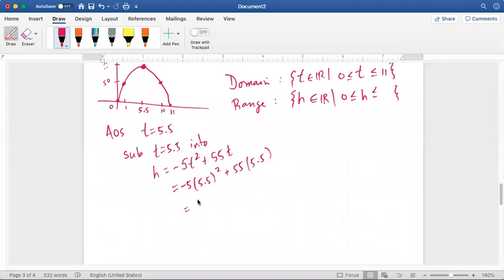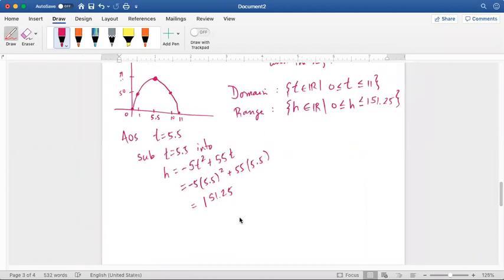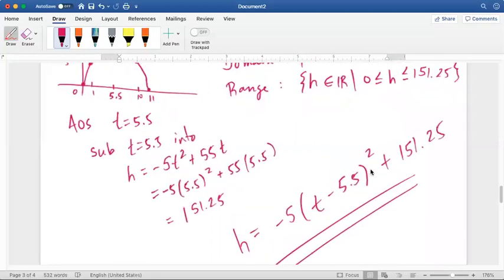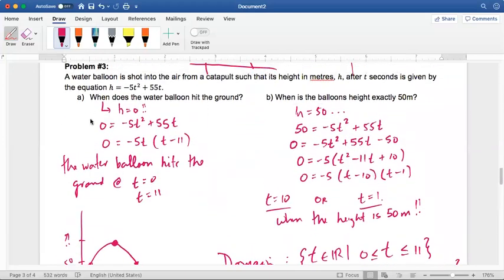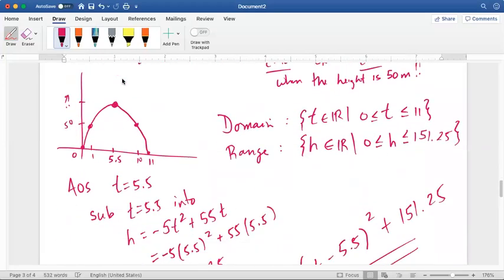When you pop that on your calculator, you should get 151.25. So we'll just slide that in there, 151.25. And just so you see how everything fits in, I now know that h is equal to negative 5 (t minus 5.5) all squared plus 151.25. Did you see how I put together the whole equation based on the work I've done so far? That negative 5 in front came from the original question,